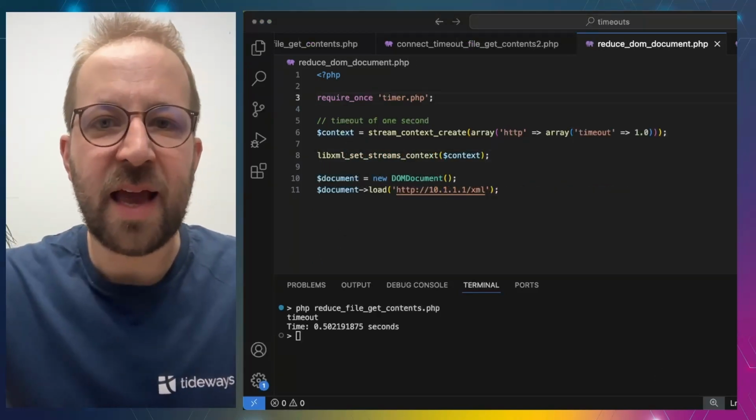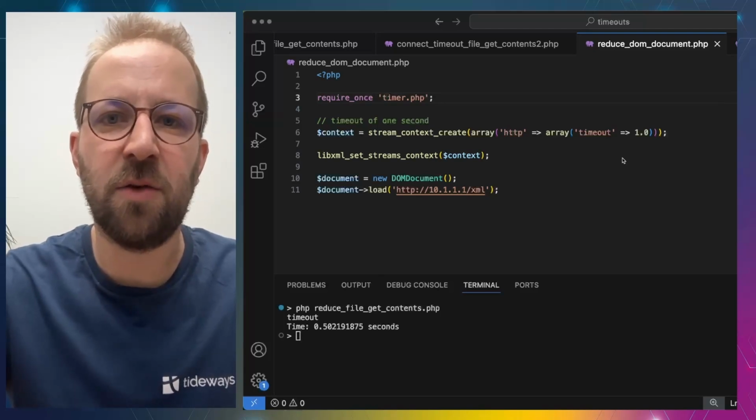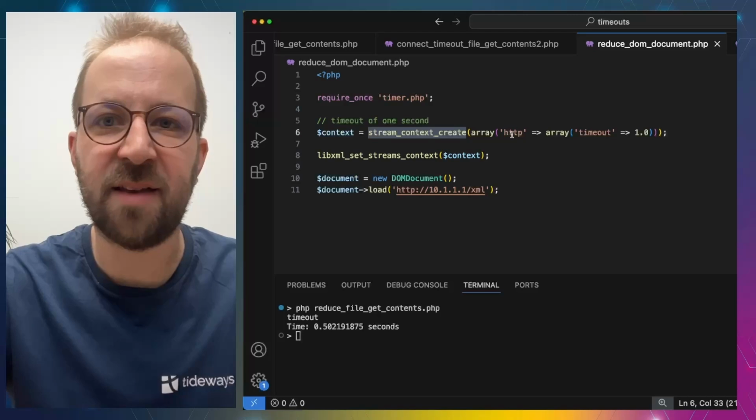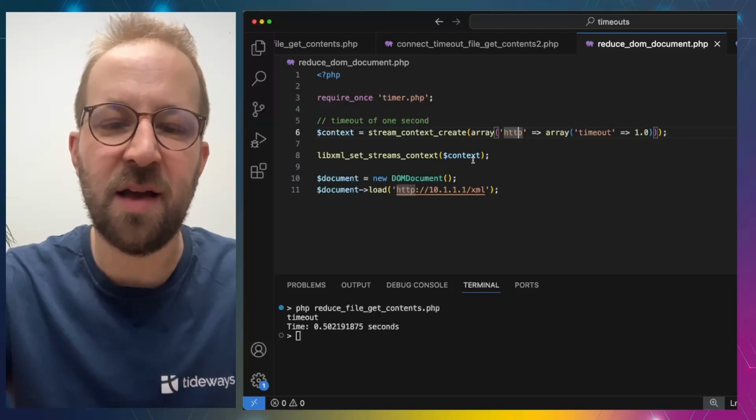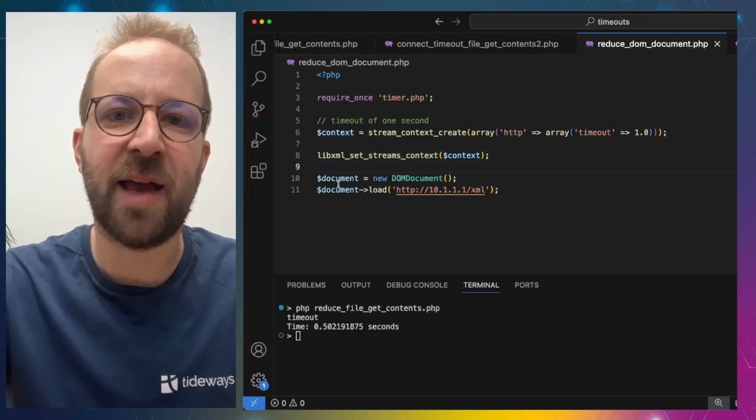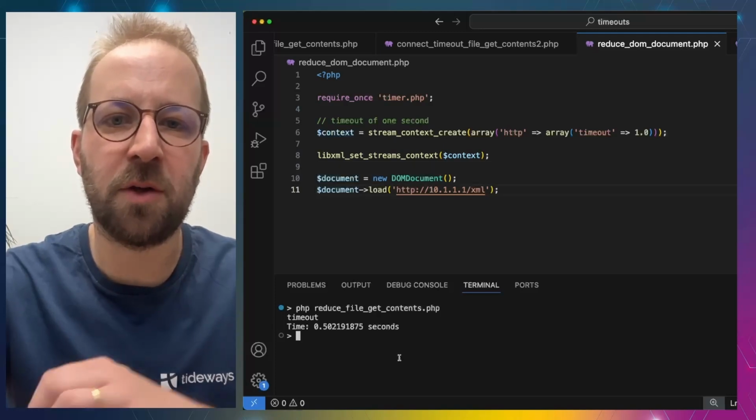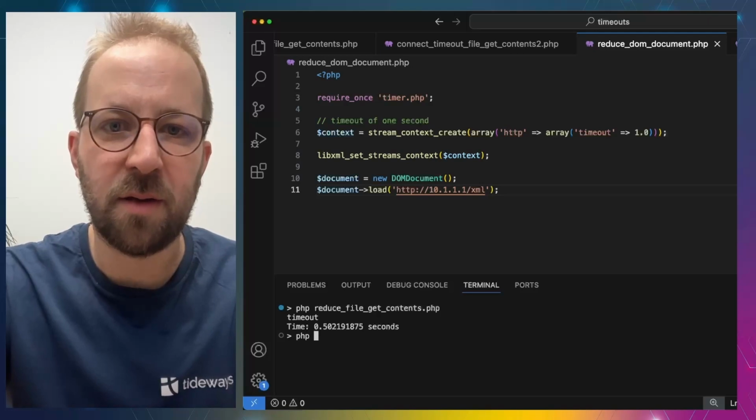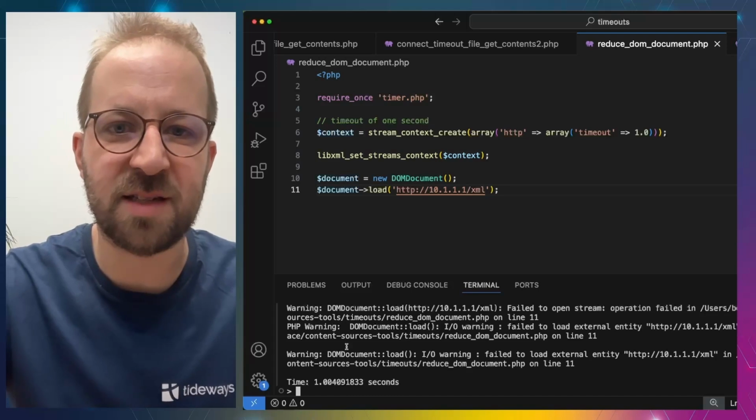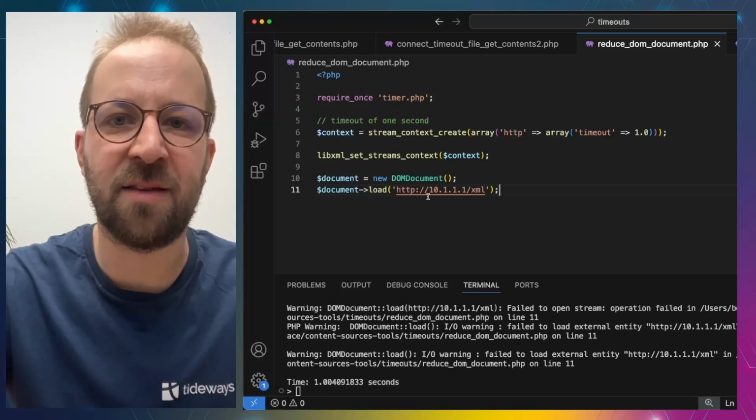If you are making HTTP calls through the DOMDocument API, then you also need to use stream_context_create, again HTTP, set a timeout, and then you need to pass this context to libxml_set_streams_context, and then it's being used for outgoing HTTP requests. So if you load a remote document with the DOMDocument API, then this will work. So PHP reduce DOMDocument, and we see there's the timeout stopping the script after 1 second,